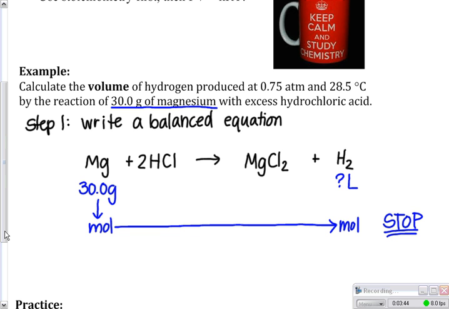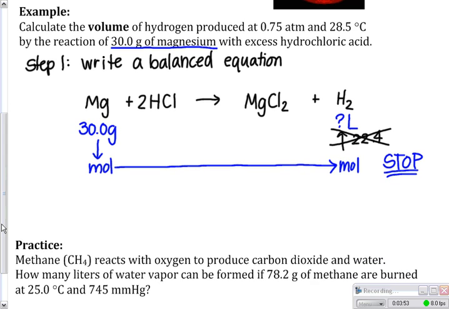If we were to try to do this using 22.4, we'd get the wrong answer. So we're not going to do it. We're going to stop at moles. So the next thing that I want you to do is to use